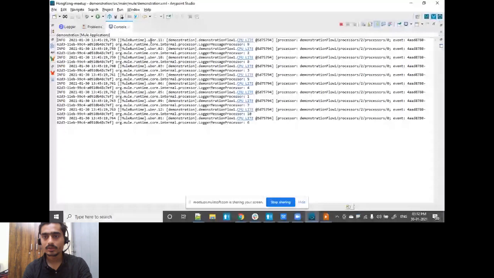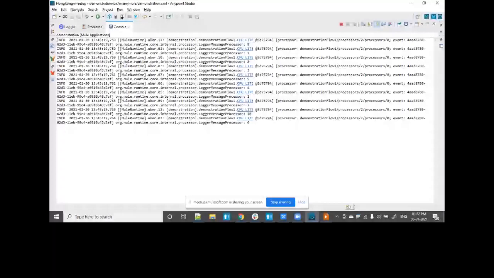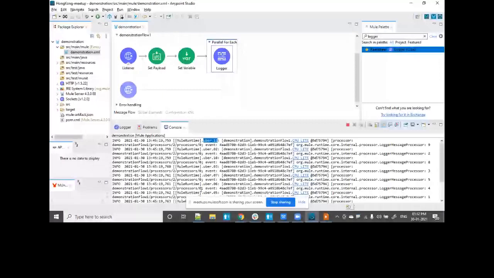So the point in case of parallel for each is that it is a multi-threaded operation, and with the parallel for each scope, the records will be executed in any random order based on the processing. Whichever record gets processed first, you will be able to see the resultant being generated. That's the reason why you can see the order getting changed: 9, 2, 8, 3, 5, 4, 1. So this is what we are trying to deal with.